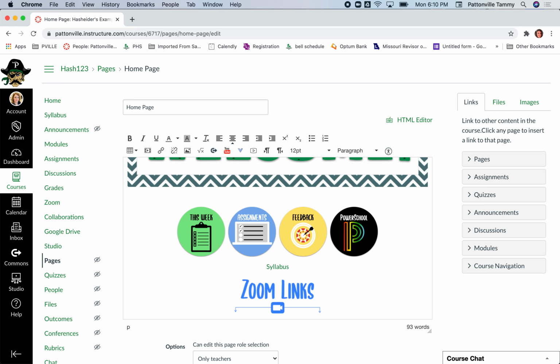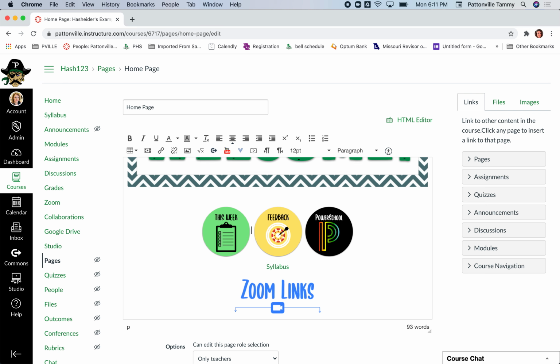Okay, so that's one thing to pay attention to. Now let's say I didn't want to use this assignment button. Maybe I want to delete this button. Well, one of the things that you want to try to do when you delete a button is make sure